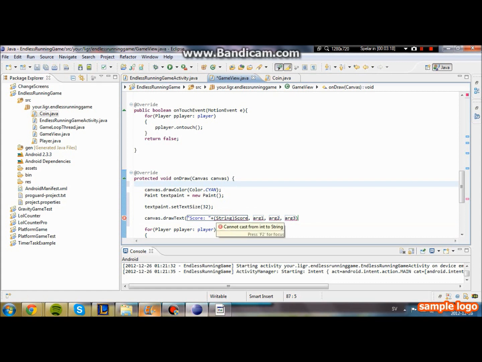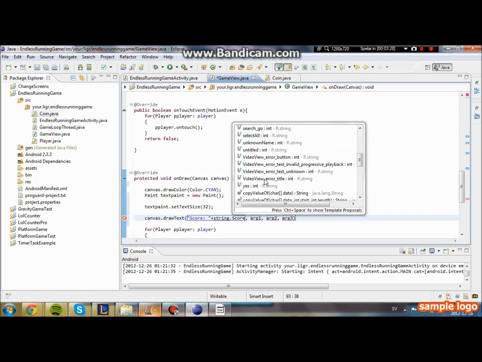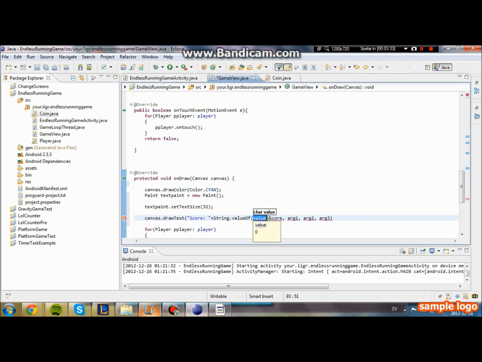Let's see. Alright. String dot. I'm pretty sure it's valueOf score. By using this little command, we can actually draw our integer value, which is gonna be our score, and